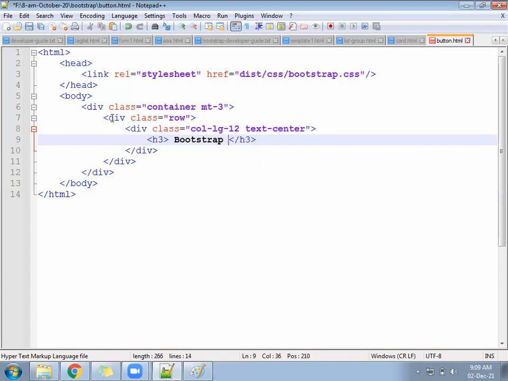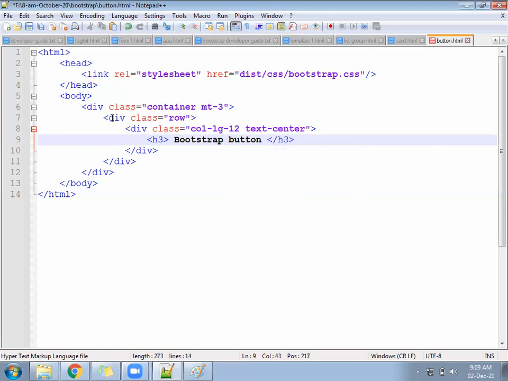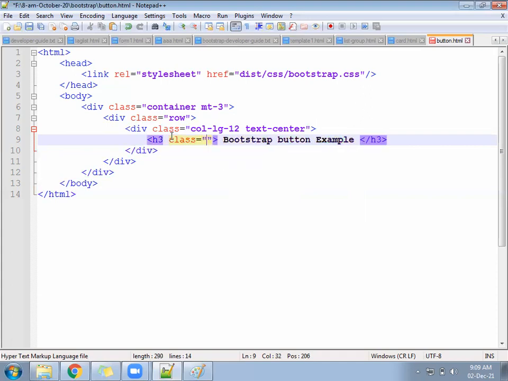Okay, right. H3, Bootstrap buttons. Button example. Text center, and for this you will write the class equal to text-primary and m3.